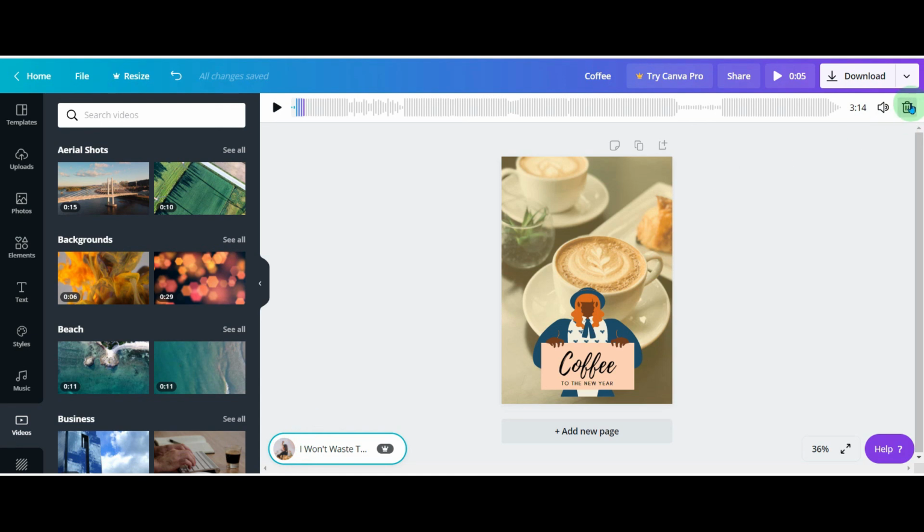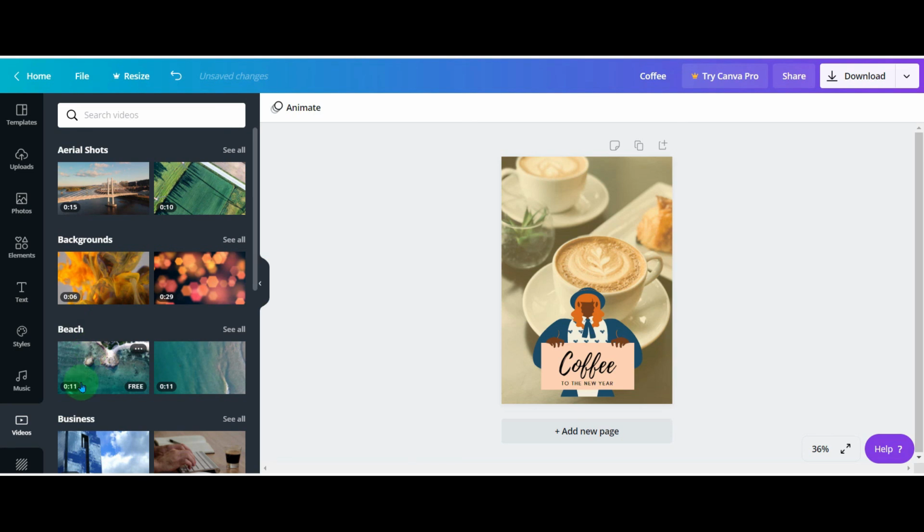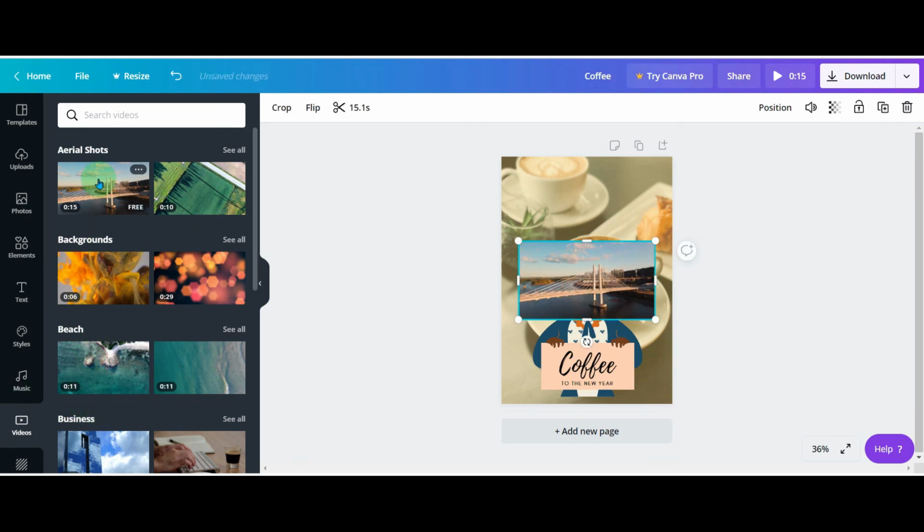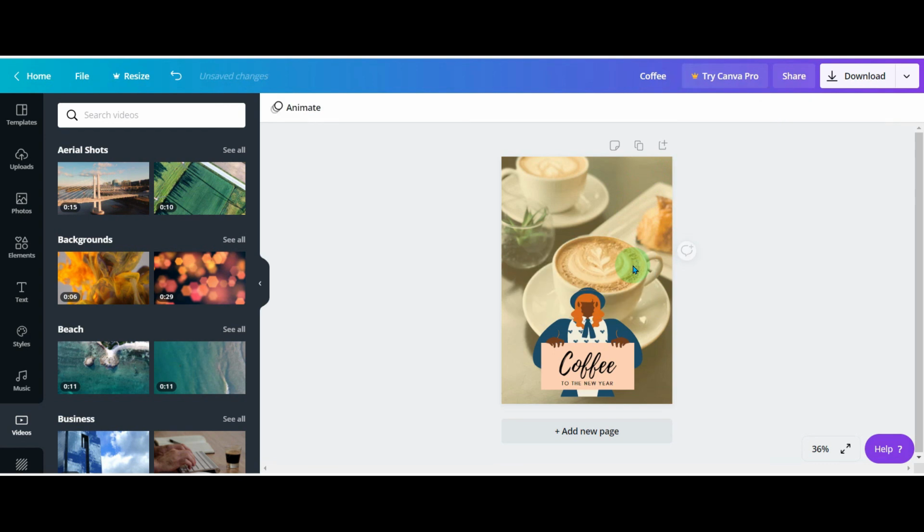Let's delete this for now as it is a paid option, but you have the option to add it. You can also add videos. Let's delete this for now as well.